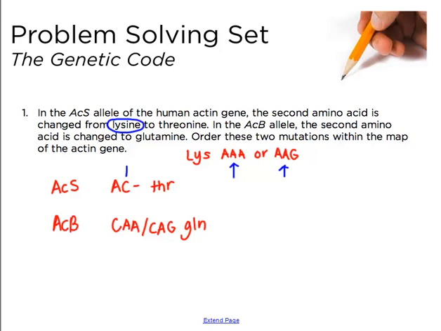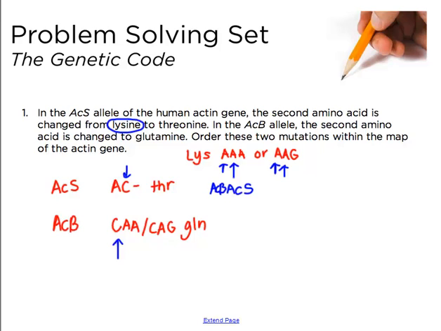Because it changed to a C for threonine. So this arrow, we'll call this ACS. And then for the ACB mutation, you can see that it's either CAA or CAG, which changed this first base of the triplet codon to a C. So this is the ACB